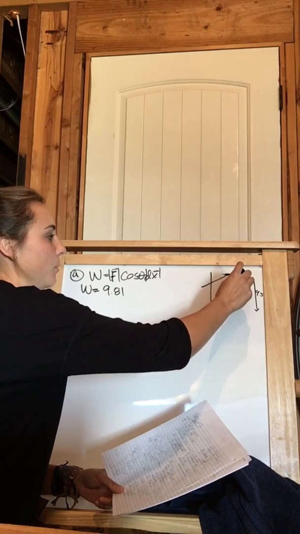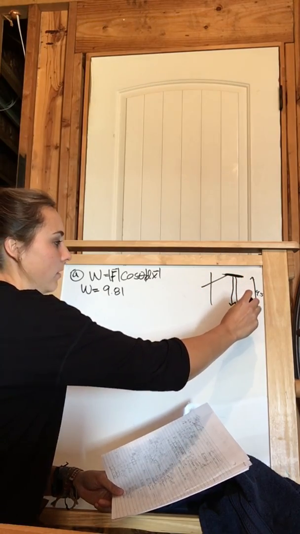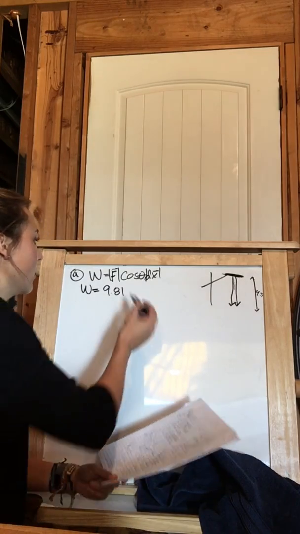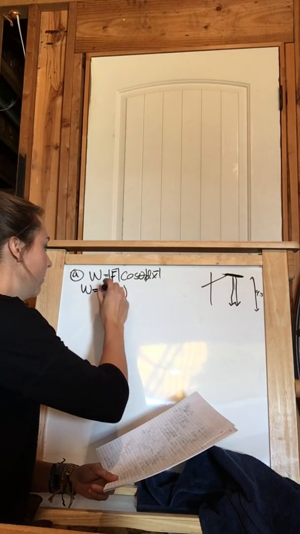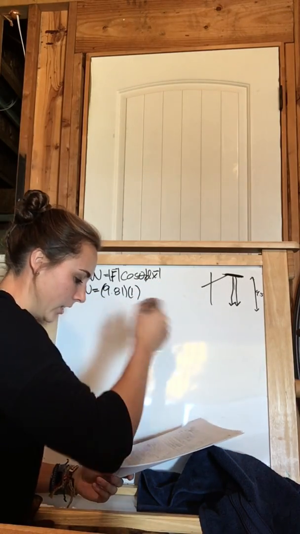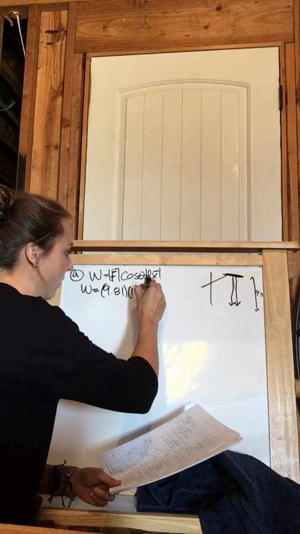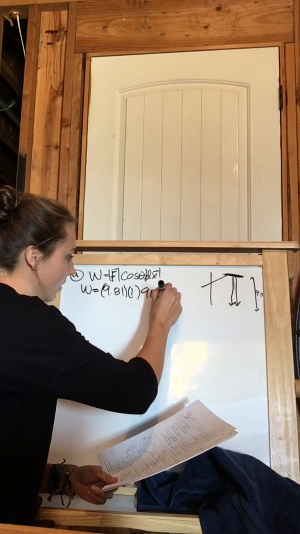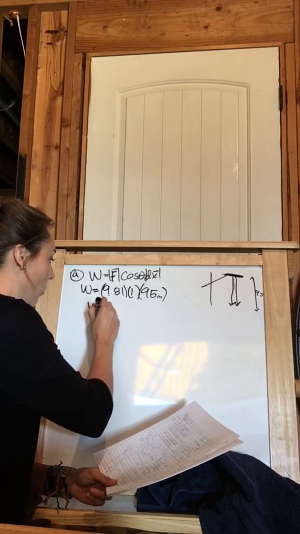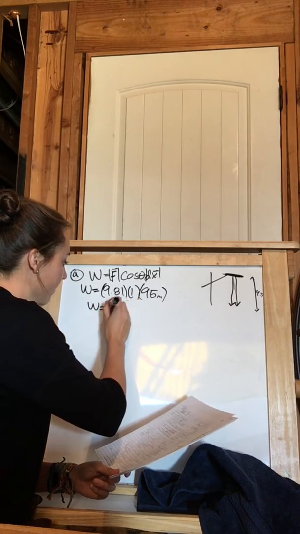As the branch is moving, its displacement is also down, so that angle is 0. So that's just going to be 1. Cosine of 0 is 1. And then the displacement is the height of the tree, which was 95 meters. So you plug that in your calculator and work equals